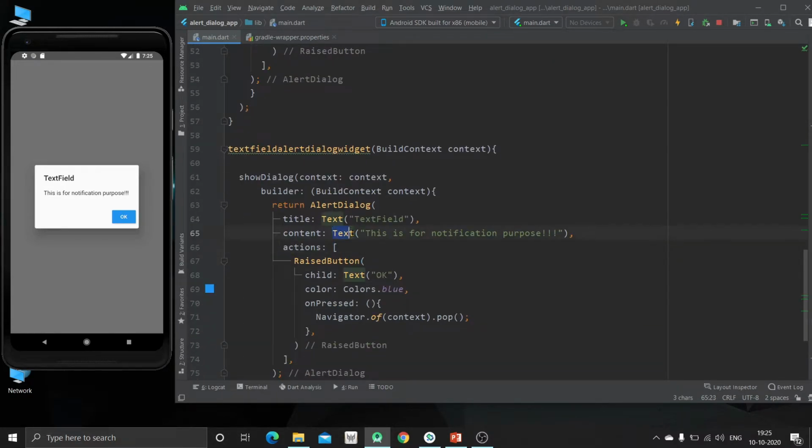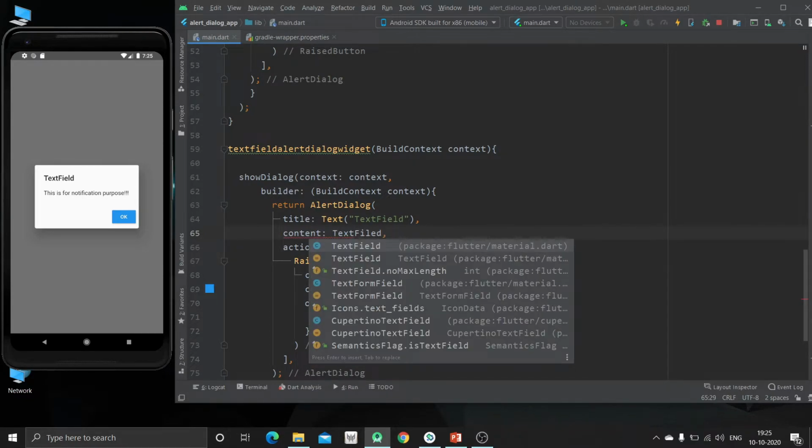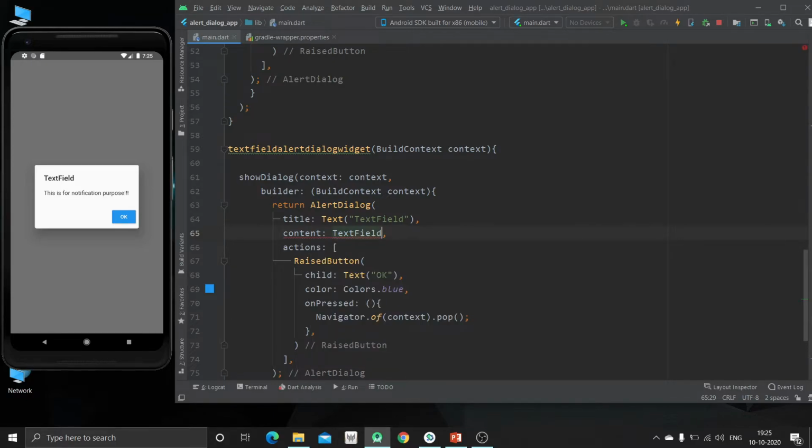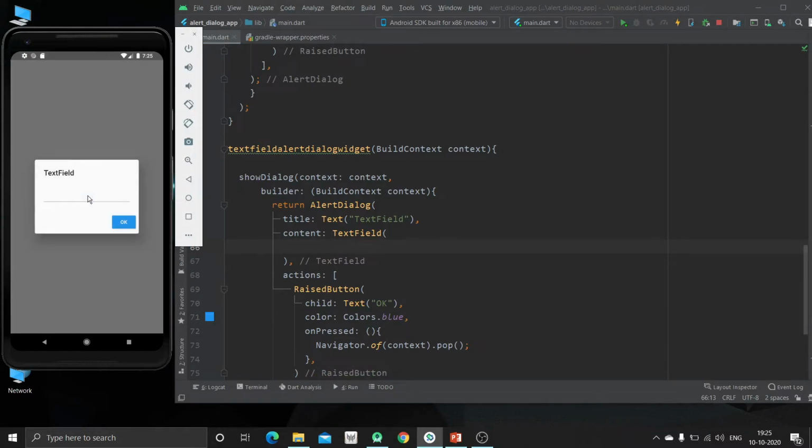We are going to specify text field widget instead of the text widget. Till now just hit Ctrl and S. Now just click it again. Now you can see you are having one text field.